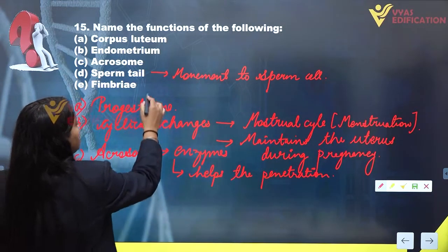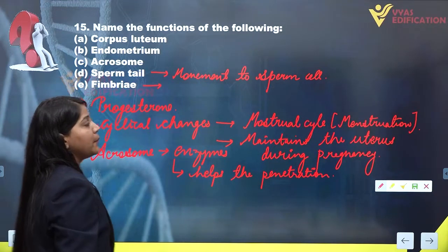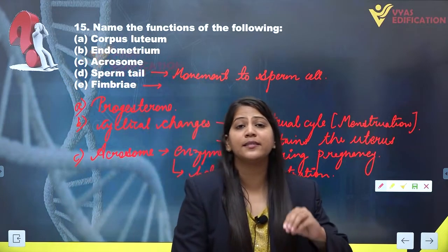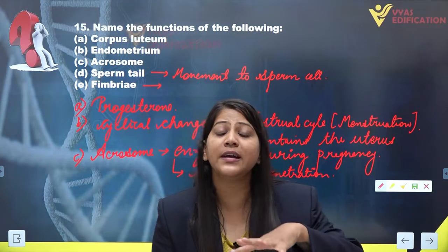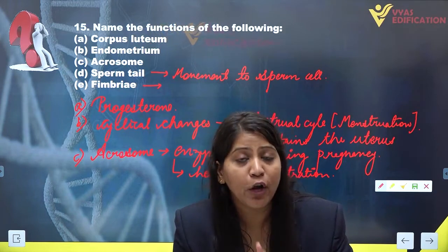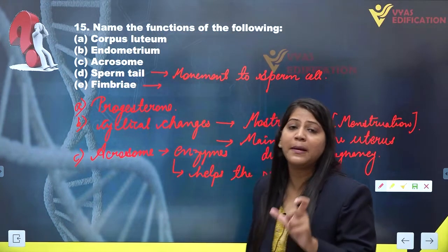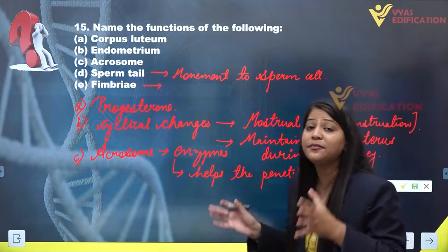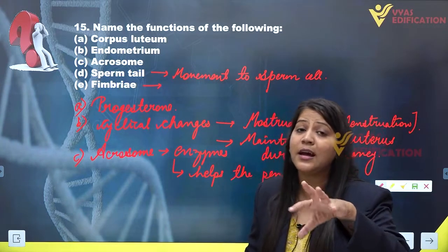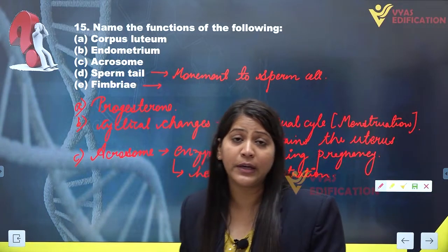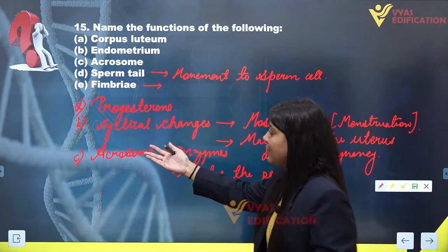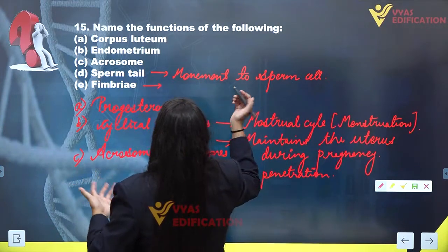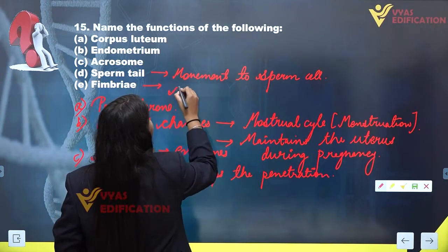Next we have fimbriae. You all remember what fimbriae is? Fimbriae are the last part, or finger-like projections, of the fallopian tube in the female reproductive system. Now what is the function of these fimbriae or finger-like projections of the fallopian tube? These fimbriae actually collect